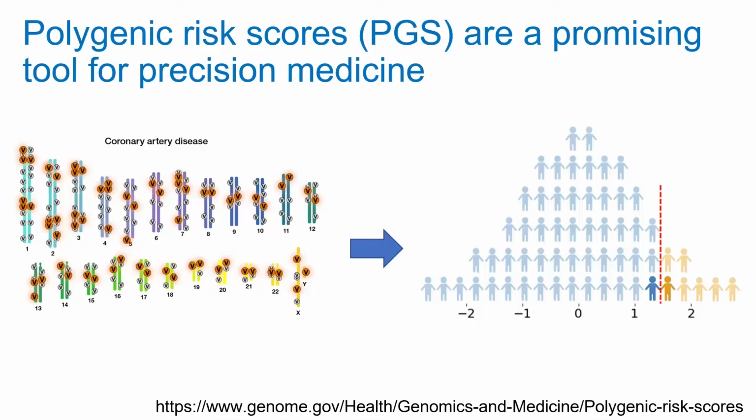But essentially, it's saying that in GWAS, we found a lot of small effects, and none of these small effects can predict individuals that will get disease. But if we aggregate them through some linear combination, we've seen non-linear combinations as well, we might be able to predict which individuals might be at the tail of the distribution, or which individuals might have higher genetic risk for some diseases, and we might be able to do prevention or personalize their treatment decisions, or in general, change our medication or clinical decision making based on their inherited genetic risk.